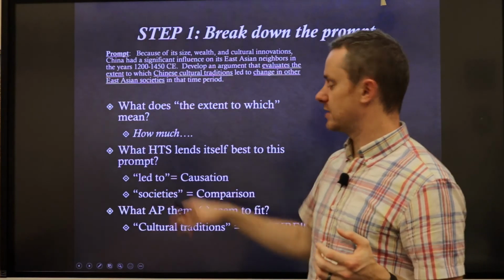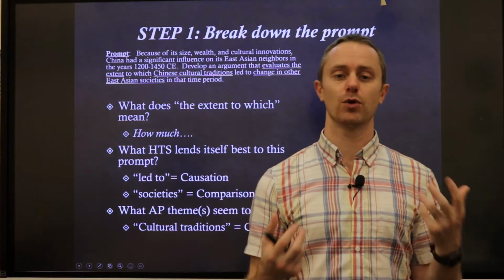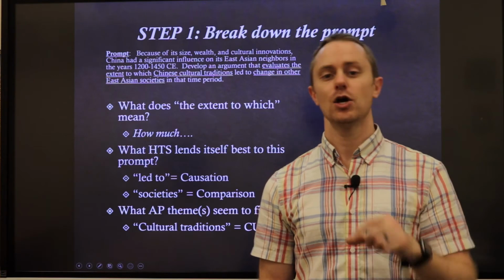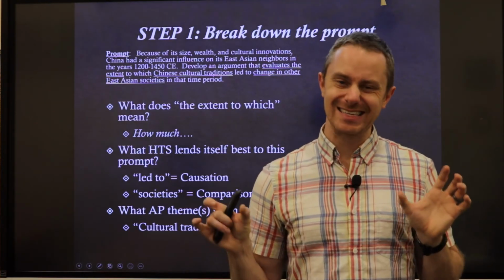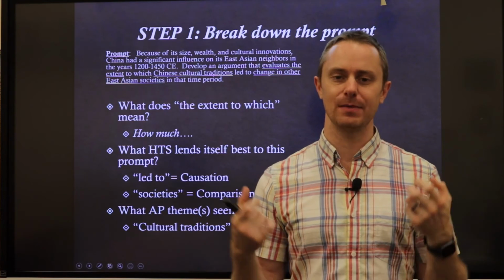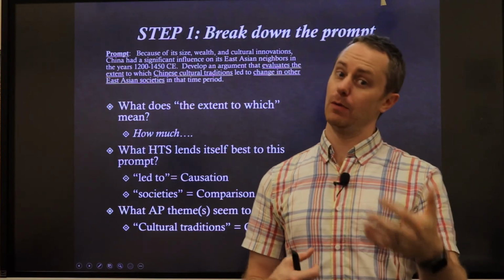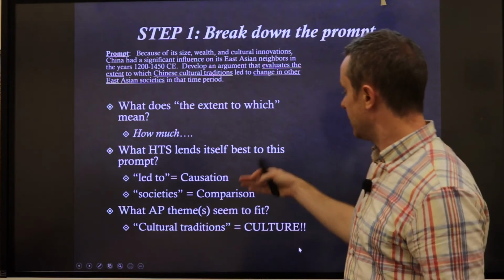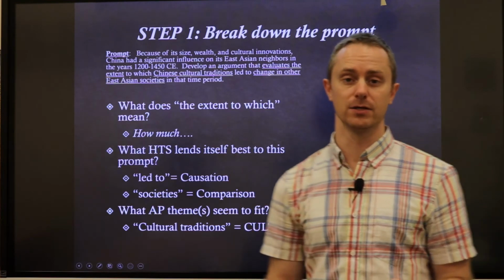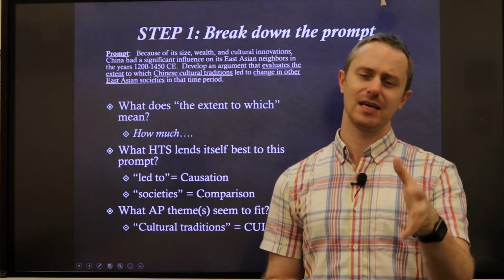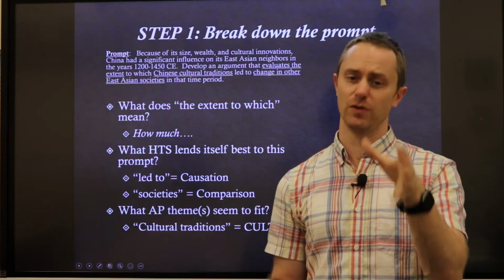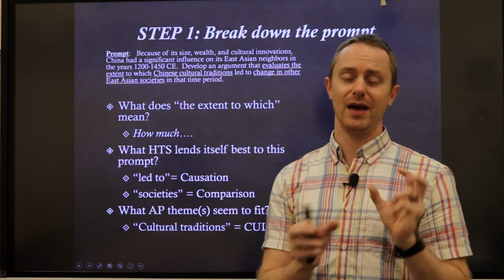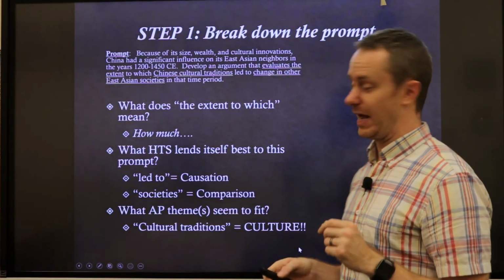In addition, when I say societies, you inherently are going to be comparing more than one place. If it was just one place, you're just talking about that place and making some kind of argument. In this case, you have multiple areas, and it's not going to be an identical influence. So there's going to be some implicit comparison going on. Now, I would be explicit in my argumentation with that comparison, but just understand that in the back of your mind, this prompt lends itself best to causation and comparison. You might try a CCOT in this, and again, I talk about these thinking skills in other videos, so review those on your own time. But for now, understand that while you don't have to do both, you're probably going to have elements of each of them within the structure of your essay.